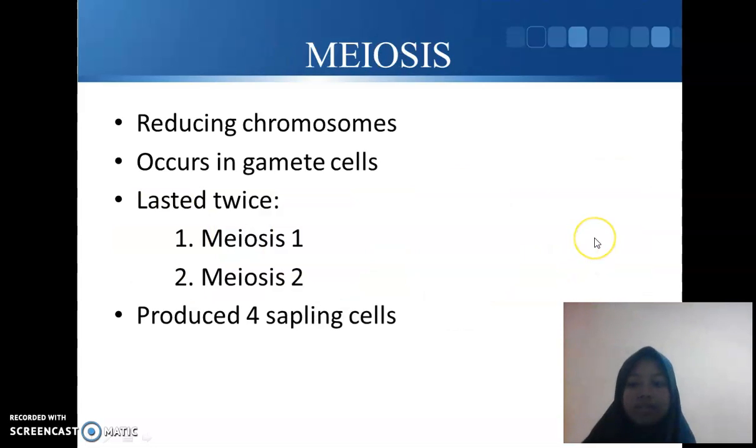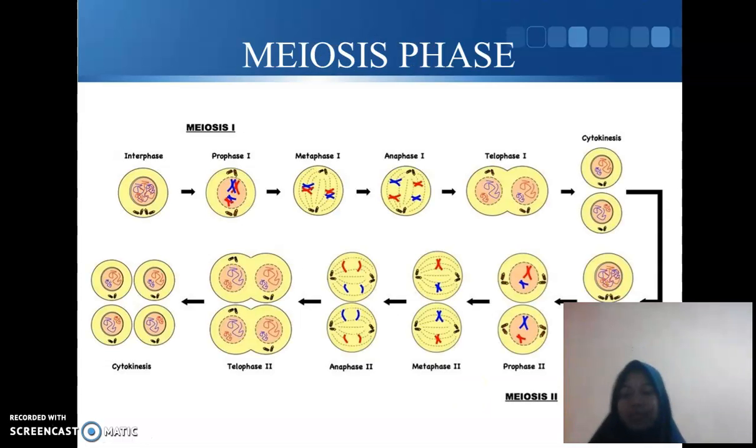Next, meiosis. The function is reducing chromosomes. It occurs in gamete cells, lasts twice, meiosis 1 and meiosis 2, and produces four sibling cells. The first phase of meiosis is interphase,